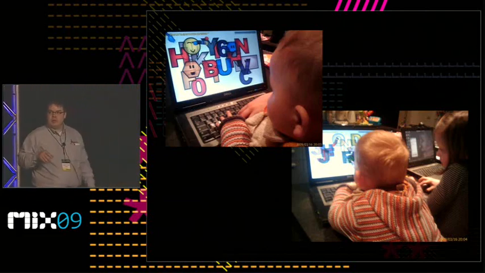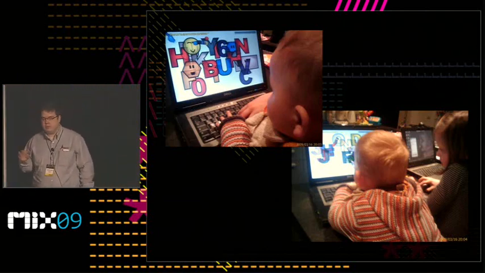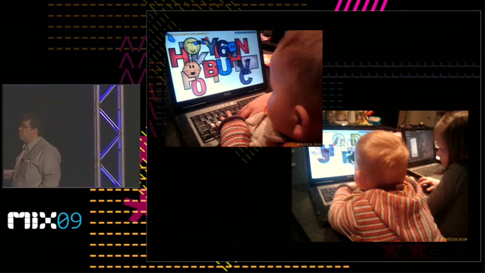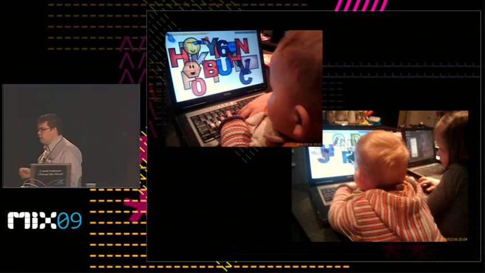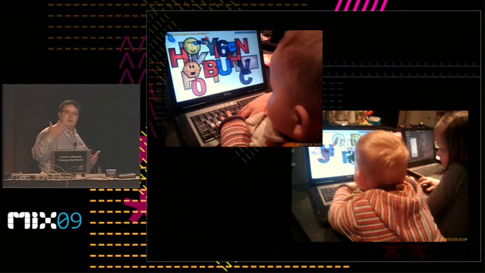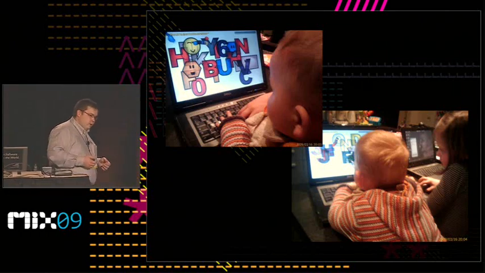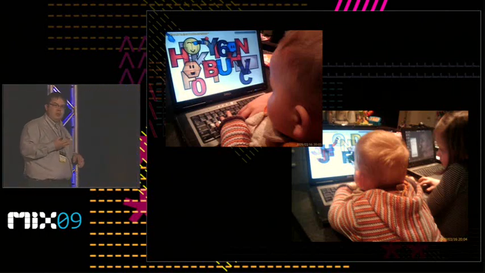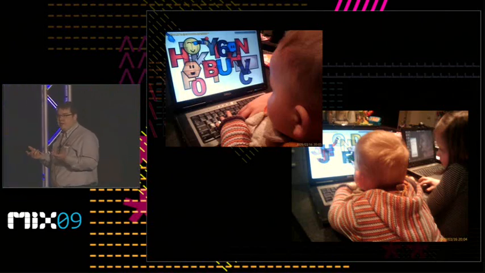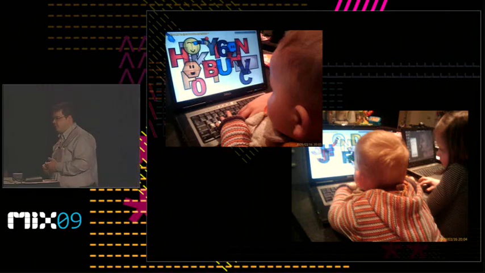Who knows the Baby Smash application? Nobody? Okay. The Baby Smash application is just a simple WPF application that allows your children to play with the computer and shows letters and colored shapes on the screen. It's very interesting for children to use this kind of application to play with the computer.